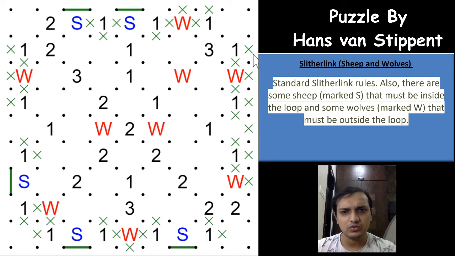So till now we have drawn all the basic patterns here, all the basic things. We have marked the crossouts also. Marking the cross is always good when you are a beginner, when you are new to this puzzle genre, or when you haven't solved many of this kind. And if you are looking for speed solving of these kinds of puzzle types, try to avoid the cross marks, right? That will help you to solve the puzzle faster. You just have to memorize what are the crosses, what are the ways the loop can go. You just have to keep that in mind, and no need to mark the crosses, right?